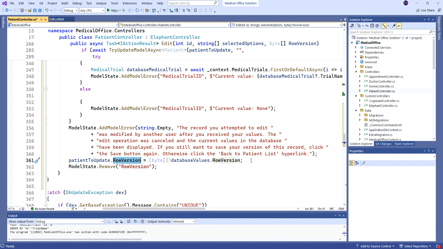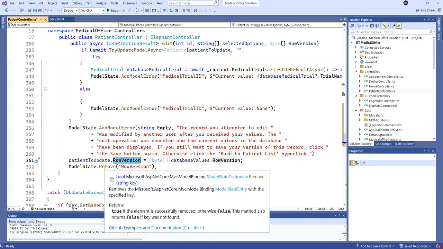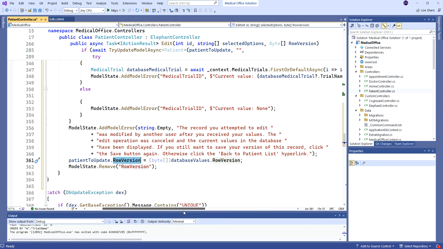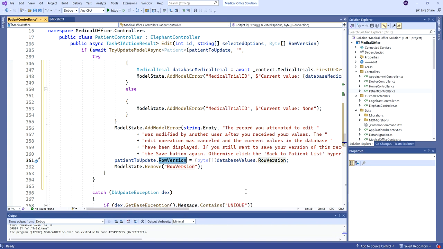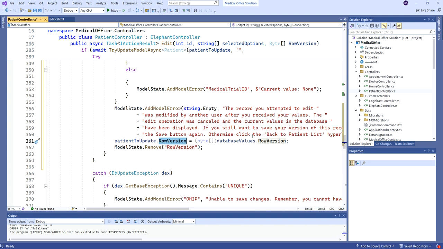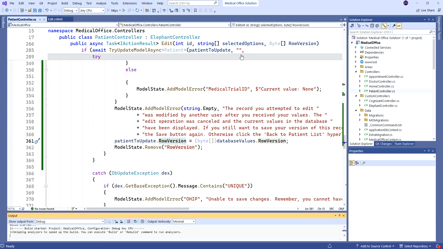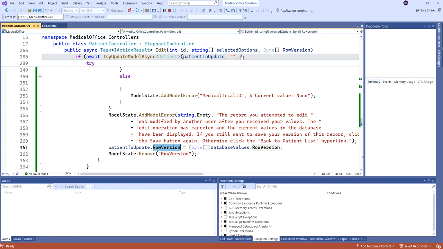I mean, yeah, we've lied. We've told the system, okay, this is the version that we're happy with. So now when they save, because notice we have to remove it from the model state as well, it will no longer be seen as a concurrency error. All right, let's run this and see the difference in the performance and the amount of feedback